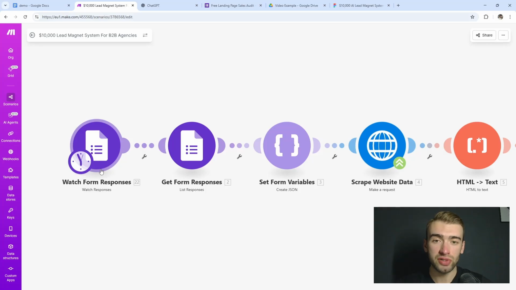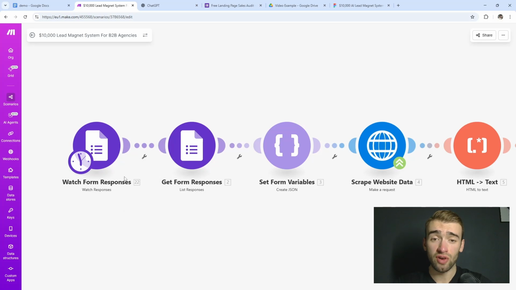Now you can use a bunch of different forms within your business, whether that's a website form, a Typeform integrated into your website, a lead form, Google Forms, anything along those lines. For the example in this video, I'm just going to be using a simple Google Form just because it's software that everyone's familiar with. So I'm going to walk you through the system and show you the individual components of how to set everything up,